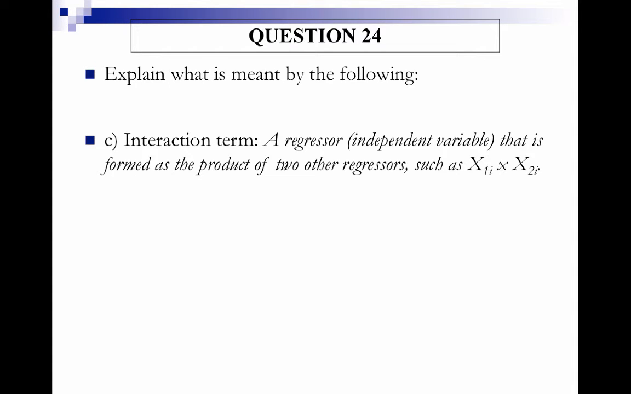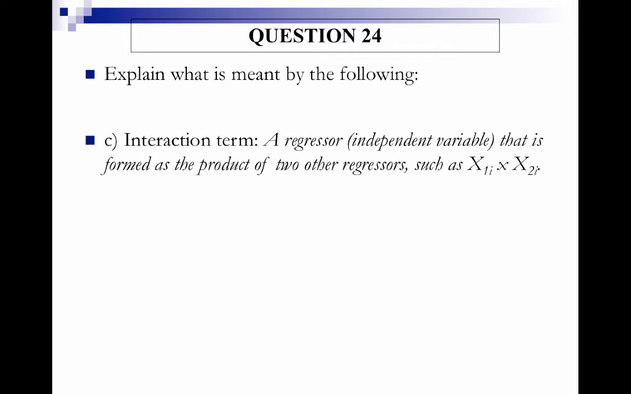Now, an interaction term is where an independent variable is formed as a product of two other independent variables, such as x1 times x2. So for example, if we want the slope of a regression of income on education to differ by gender, we would regress income on education and gender, and then interact